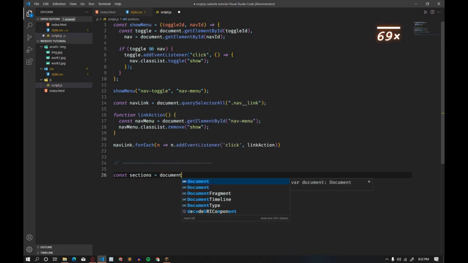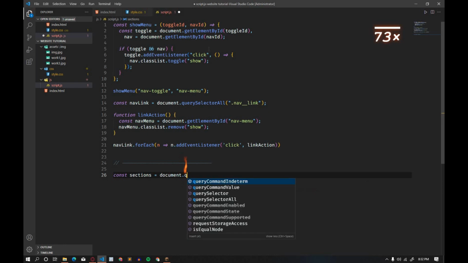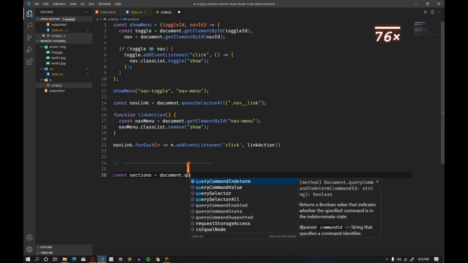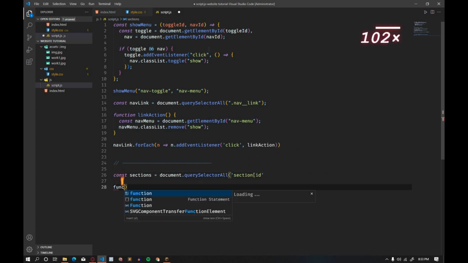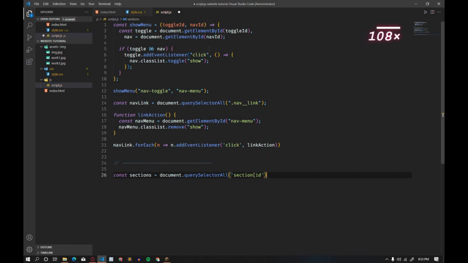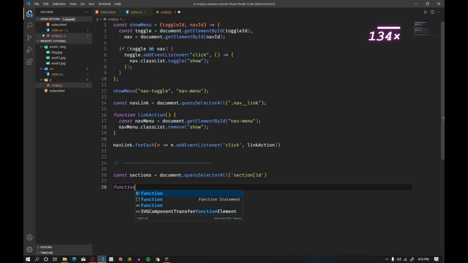document.querySelectorAll, query selector all, and here we have to add section, and here we have to add id. Then guys, here we have to add function, not inside that query selector. Here we have to add function like this, function, and here we have to add